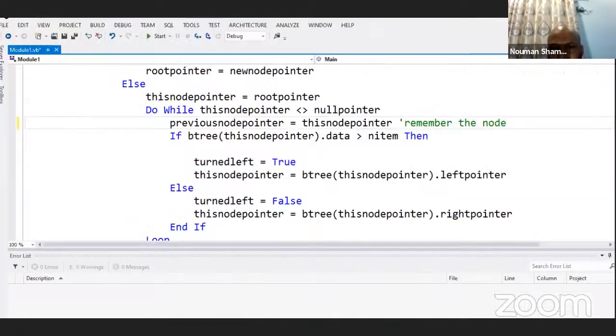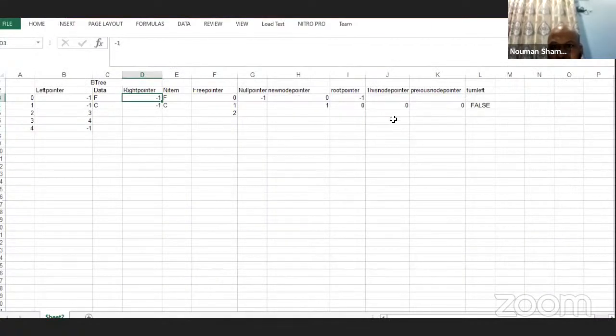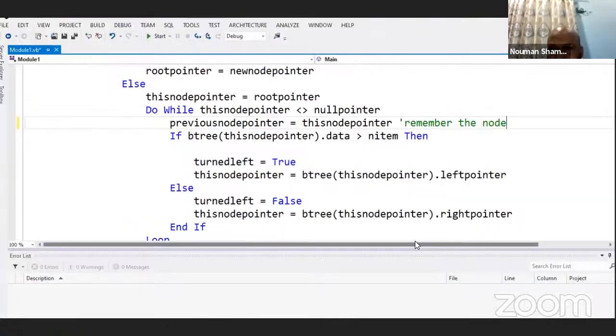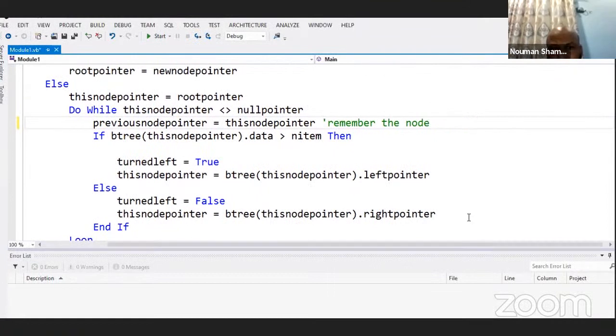-1. And that -1 has been moved here. So that means this node pointer will be -1. Why have we written these two lines? These two lines have been written to